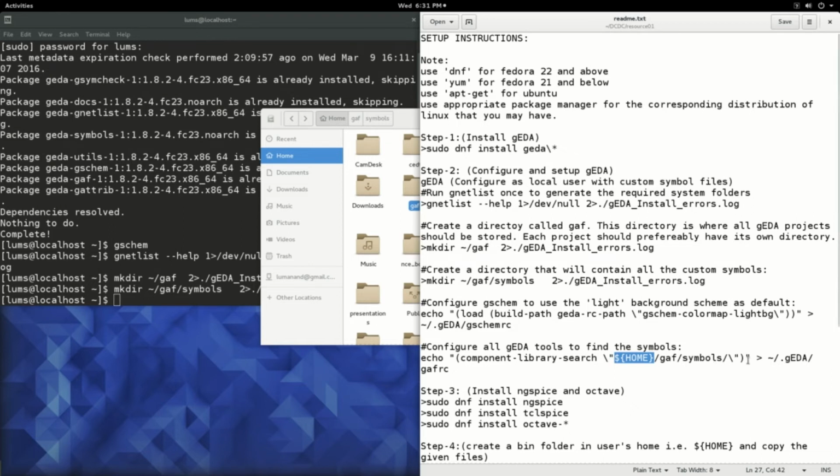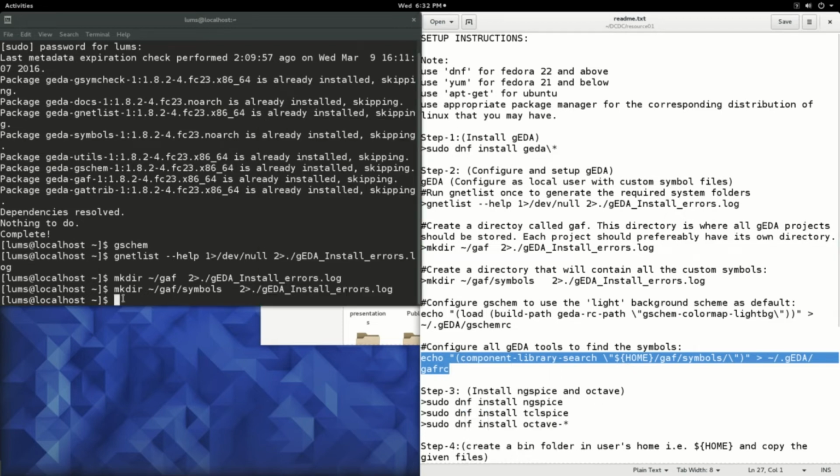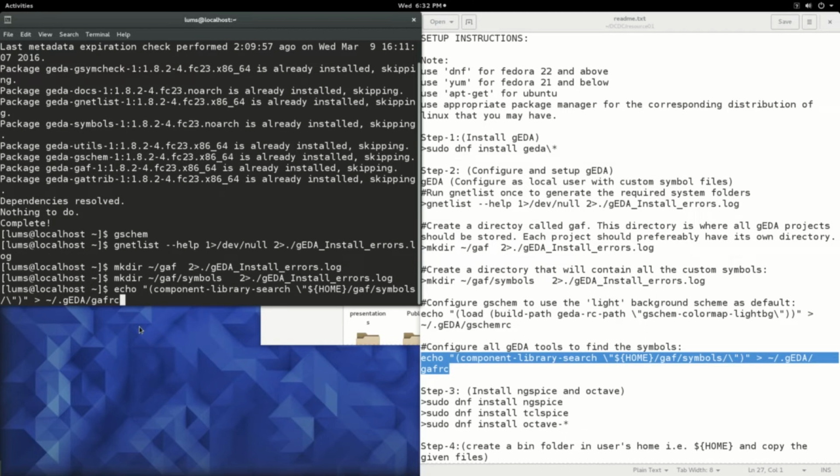And this is pushed into a file which is residing in .geda and into a GAF-RC file. If GAF-RC is not there, it will get created. So this is your own custom GAF-RC file. It will look, search for there, and then see this, and then set the path, environment path. So we can have this copied and paste it here